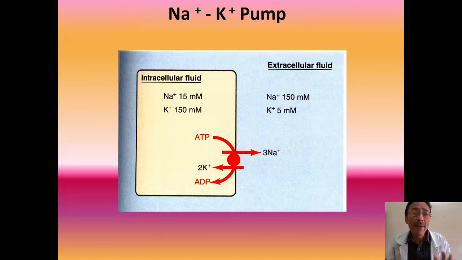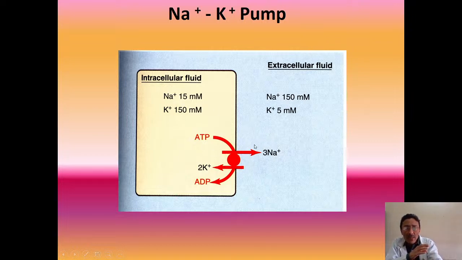So now, to bring that internal environment back to normal, the excess sodium ions which have moved inside have to go out, and the excess potassium ions which have accumulated outside have to go in. That means there has to be a movement of sodium ions against the concentration gradient, from inside to outside, and a movement of potassium ions against the concentration gradient, from ECF to ICF. To facilitate that movement, there is a transporter present which is called the sodium potassium pump.